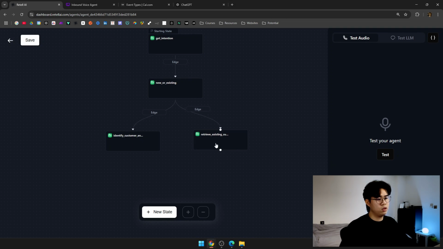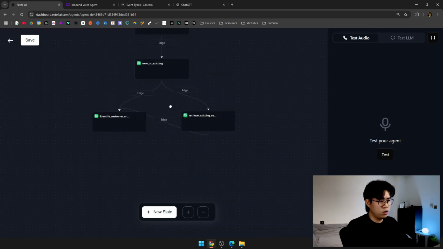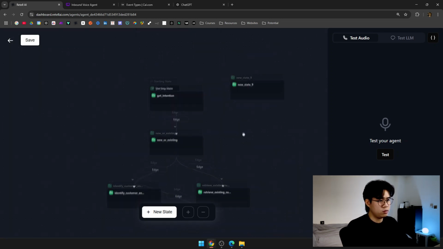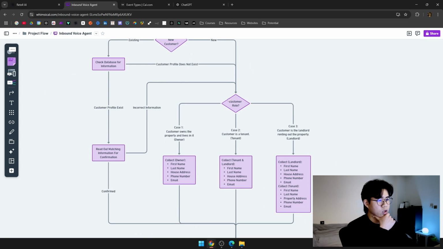Now, if the customer says they're an existing customer, but when we check the database their profile is not found, you want to go back to the state to identify the customer. So what you want to do is connect this to the top of identify customer, just in case the existing user is incorrect. And then after that, after we get the information of the caller, we want to determine